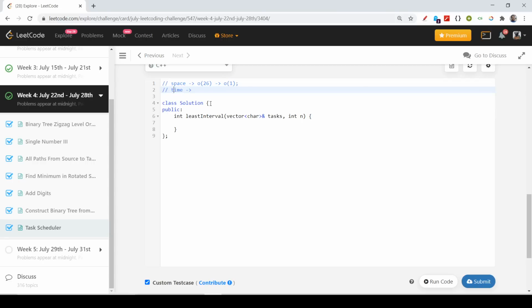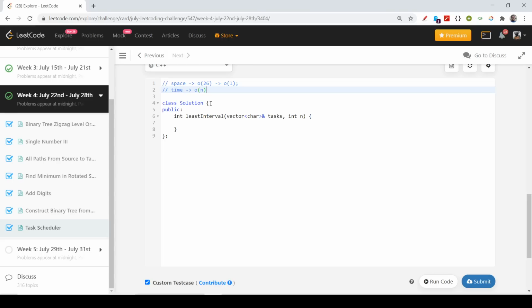As I clearly said, although I can do it in O of n also, because basically I can find the maximum occurrence of an element. What I need to find is the element which occurs the maximum number of times.